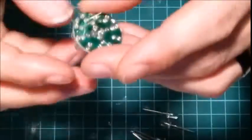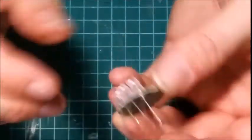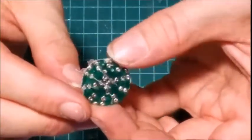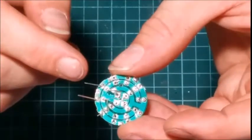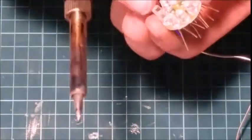So you're just going to work all the way around. Now, if you want, you can solder one at a time. I find it easier this way. So I'll get all these put in and I'll be right back. All right. Now that I've got all of the outside edge done,